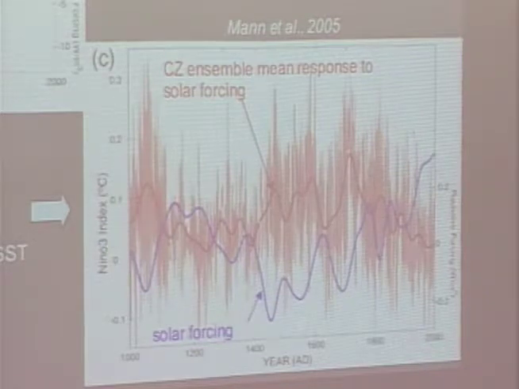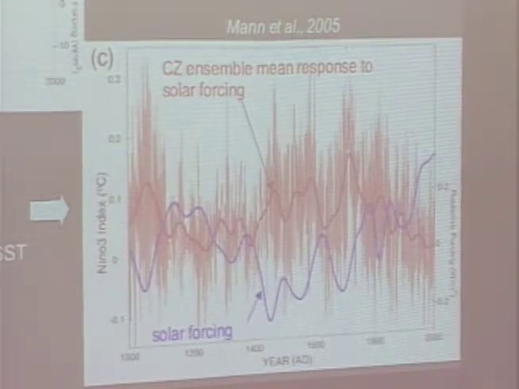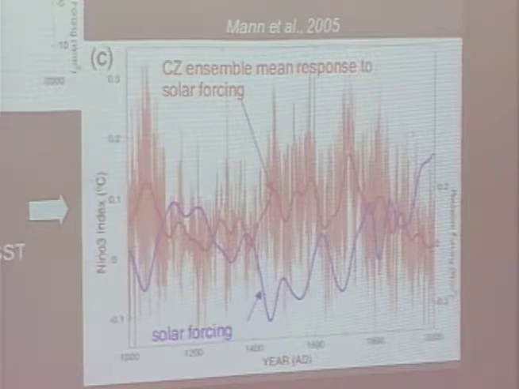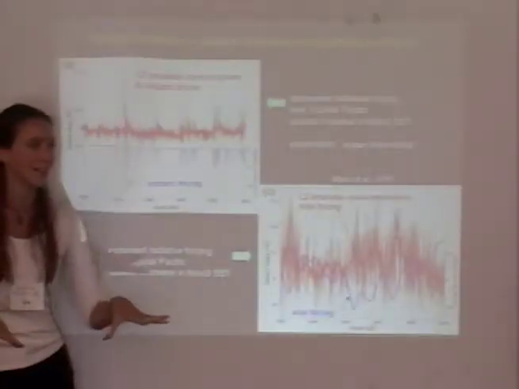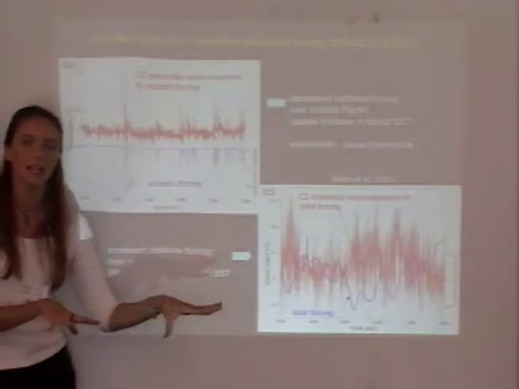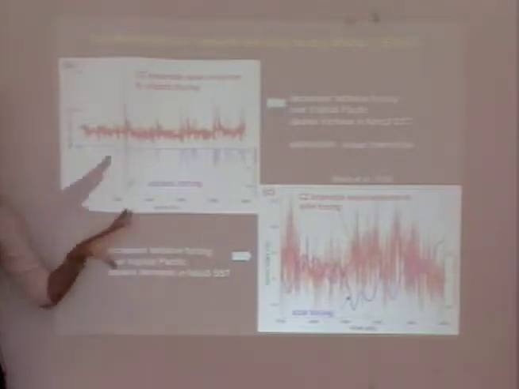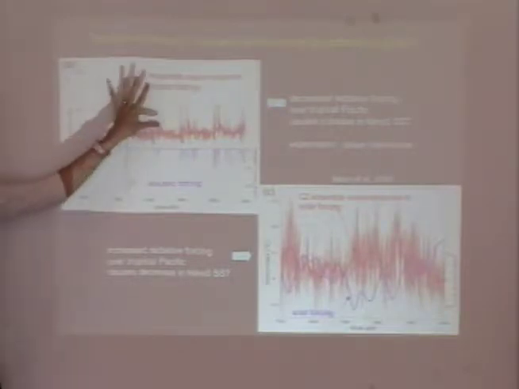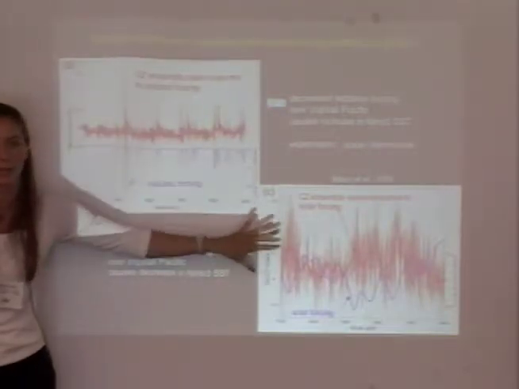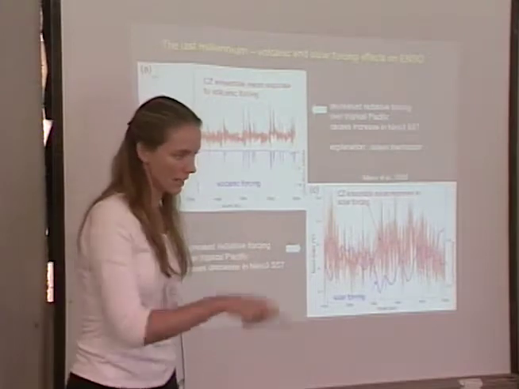So that's a kind of inverse response. This should be echoing in your head, this ocean thermostat mechanism that we talked about with the Clement et al. framework, where if you heat the tropical Pacific, you end up in La Nina, and it stands to reason by the reverse logic, if you cool the tropical Pacific, you end up in El Nino. That's the mechanism they invoke to explain this behavior. This is what they see. So let's go to the next slide.